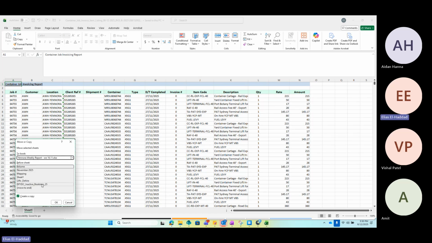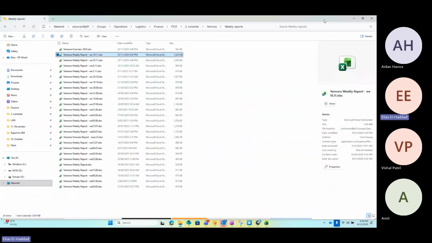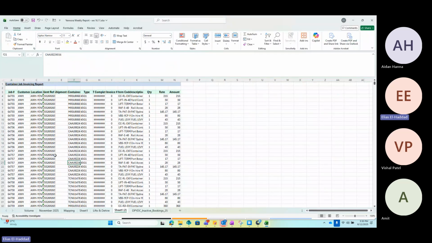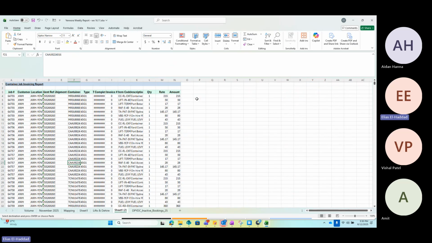Put it here. Oh, I picked up the wrong weekly report. I should have picked up the 23rd. Anyway, doesn't matter. So I pick up this, right? If you can see here, what I've done is I've got de-hires and lifts. You can do whatever way you want. You can automate it, whatever. So I just basically